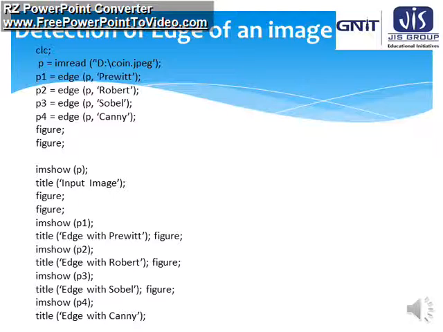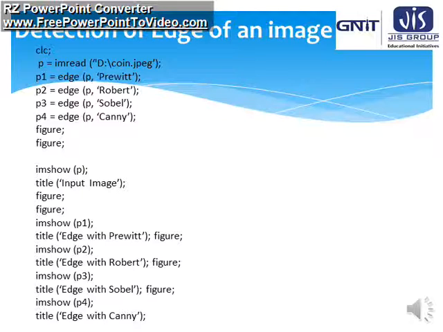In the previous section where we discussed different edge detection techniques, we already know that four types of filtering or edge detection techniques have been used. One is Prewitt, next is Roberts, then Sobel, then Canny.